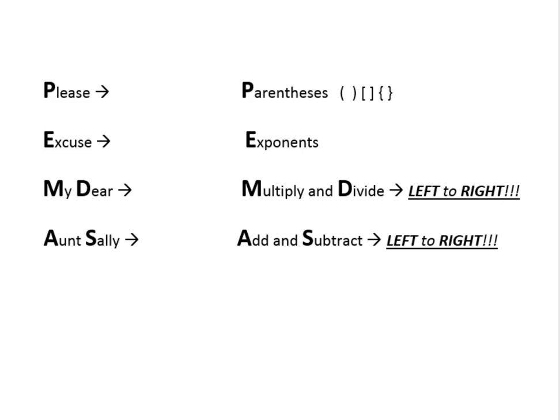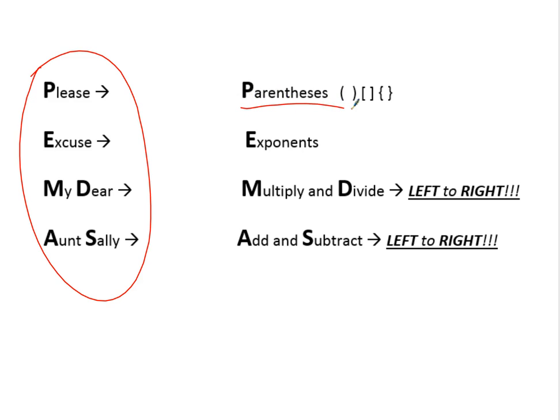We are going to be continuing with Chapter 1 today, and we are going to focus on the order of operations. Right? The order of operations provides us some sense of what operations need to be done first, second, and third. So I'm sure you're all familiar with the acronym, please excuse my dear Aunt Sally. Right? P stands for parentheses, E stands for exponents, M is multiplication, D is division, A is add, and S